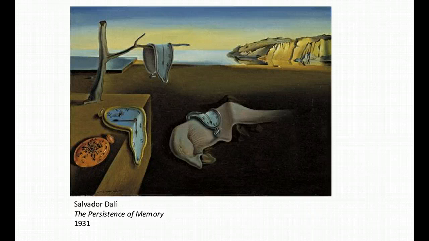Salvador Dali's The Persistence of Memory. A lot of people look at this work and they think, oh, there are so many different ways that you can read it. It's art. It's in the eye of the beholder. Actually, it's pretty simple. When you see clocks melting and they're not moving anymore, that means that time is not standing still, but it's being recontextualized. It's melting away. Time is taking forever.